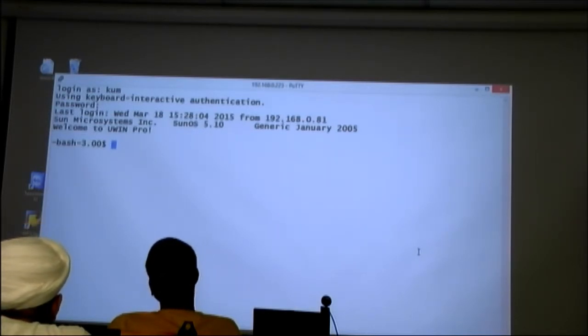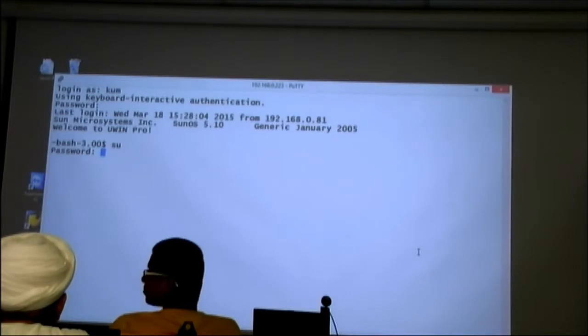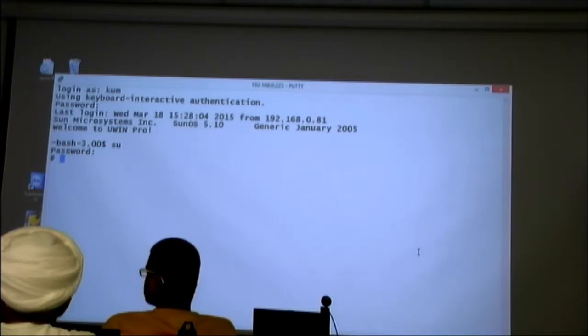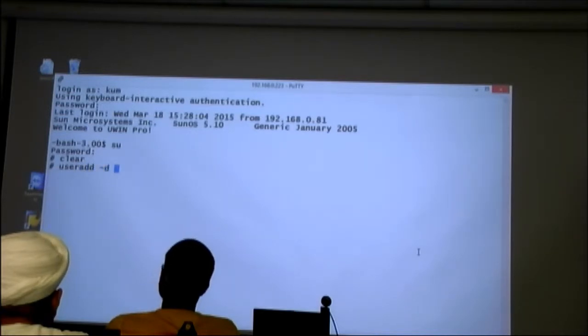Okay. So now I had to create accounts for new people. I have to create an account, so I had to switch user as super user. You all don't have the password for this. Only one person in the world has this password. So I create the user. I don't see any user. So useradd. I had to create a home directory so that you have a place to live.